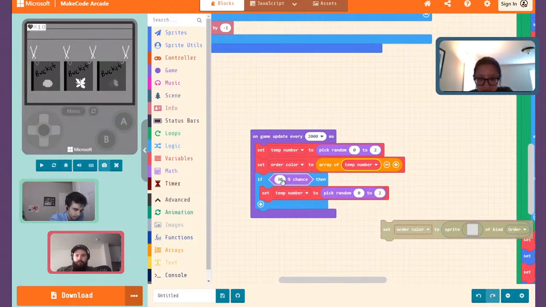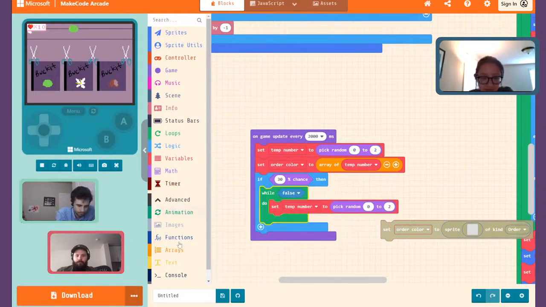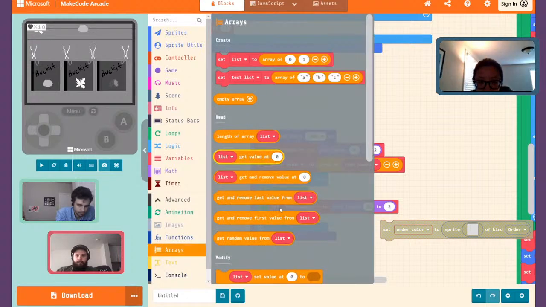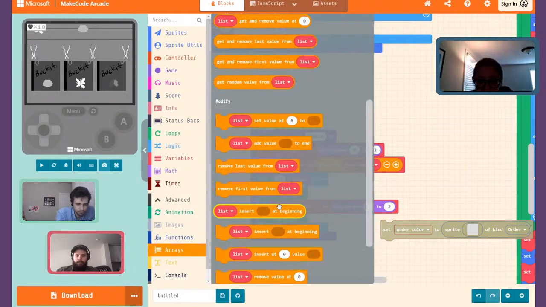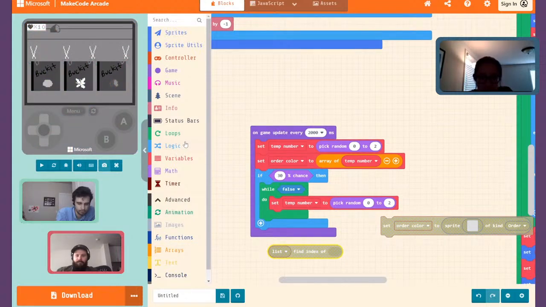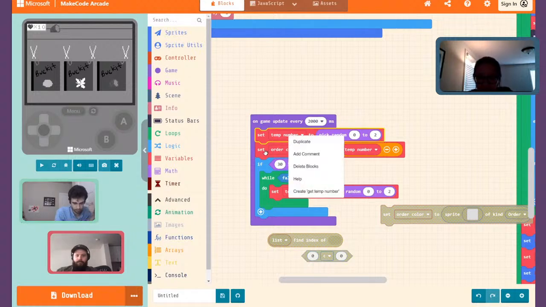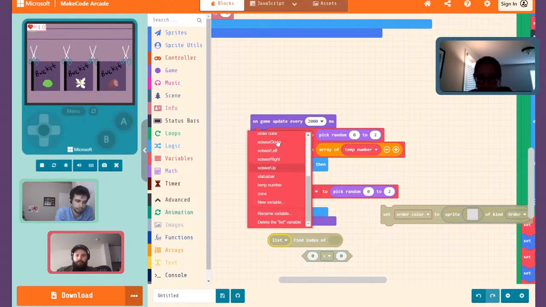Get temp number, if 30% chance, while index of does not equal. So basically I'm saying while the order, or list of orders,